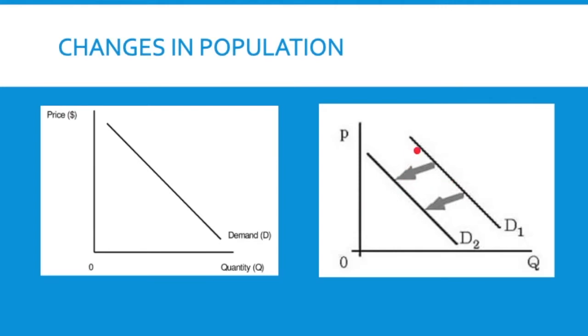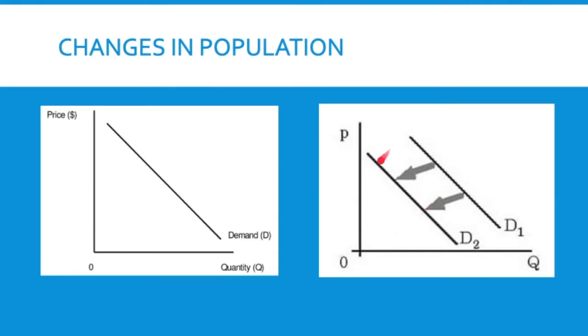So you think about all these different prices. This is our original demand. At high prices, this many people wanted to buy it, but now at high prices, there's fewer people physically available to buy it because they have left or emigrated. So now there's this many people with demand. So that could cause an entire shift.